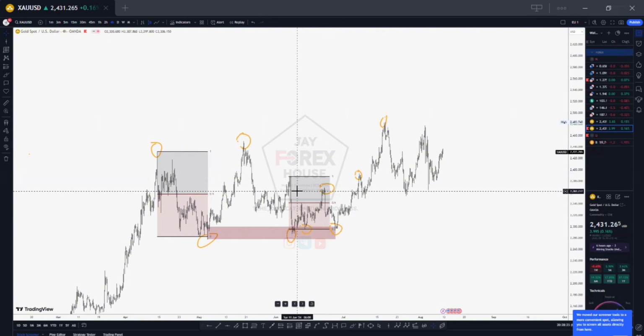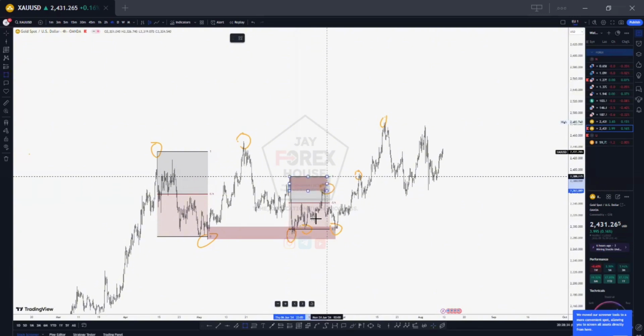Do you see? So premium and discount might not give you your POI, but it can tell you where to look for supply and demand areas. So this becomes